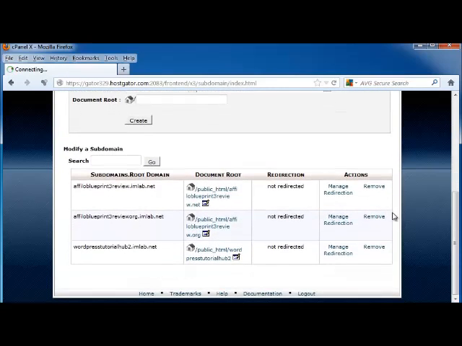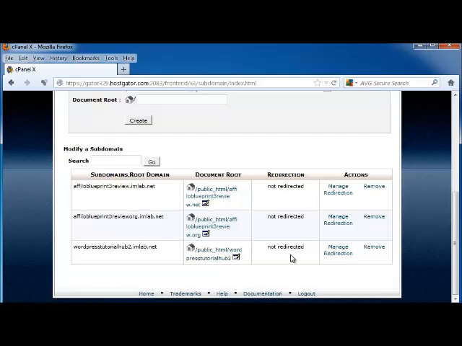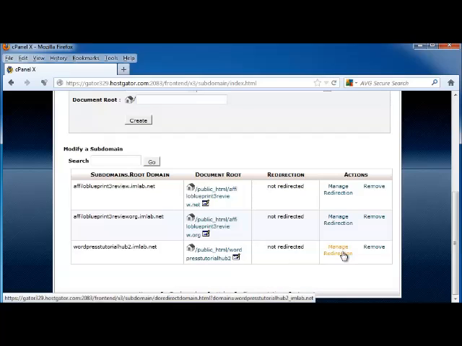And if we scroll down, you can see that we've got our subdomains, root domains, document roots, redirections, and the actions. So this shows us what our subdomains are, and you see we've got a few of them in here. And it shows us what their addresses are. If they are redirected, meaning if somebody types this name in, will it redirect them to another website? Say it could even be your main website, if you want to manage the redirection or if you want to